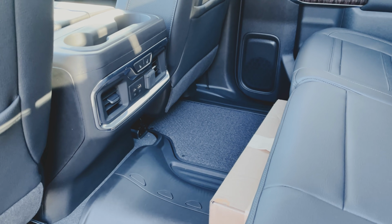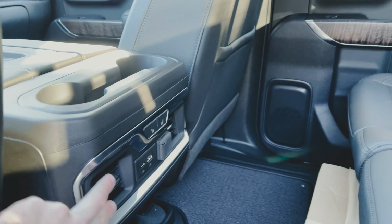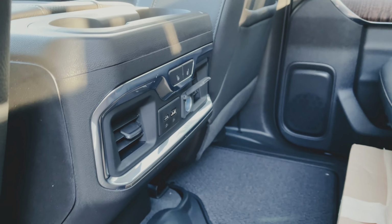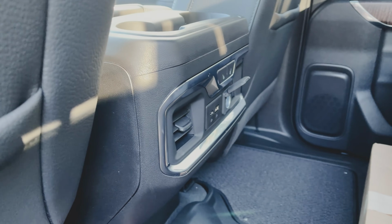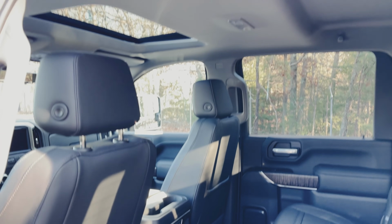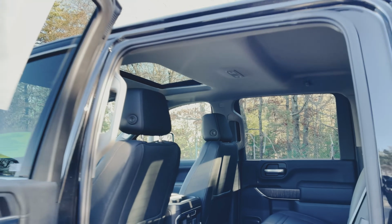Also, these are heated seats in the back. So you can see your heated seat controls here. We've got our vents, a USB-C, a USB port. We've got a power outlet. And I was expecting to see another power outlet down low, but we do not have one. So a little interesting there. We've got LED interior lighting above. And that brings us to